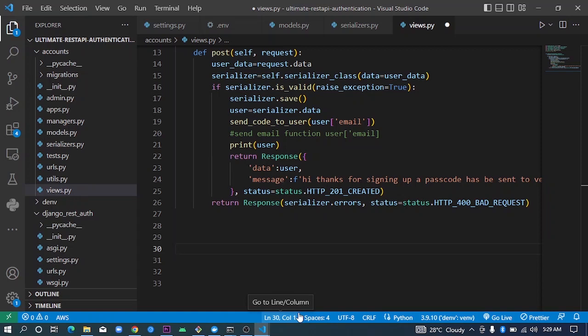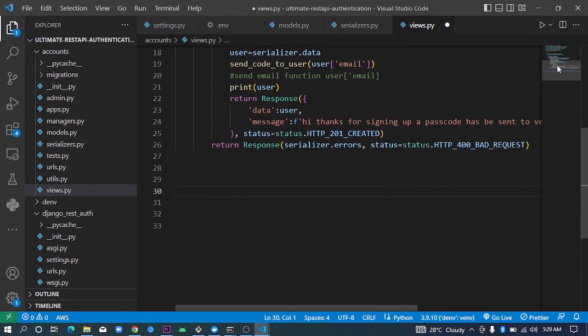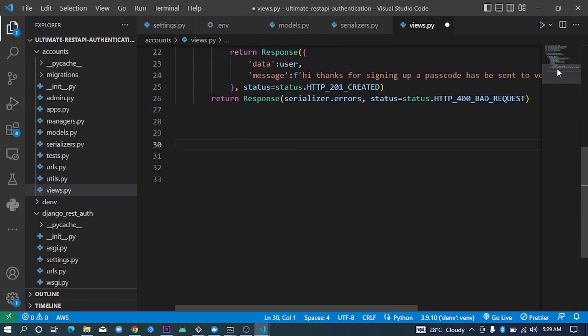And in this very video, we're going to be picking up right from where we stopped. In our last video, we were able to implement the sign-up endpoint where users were able to register and also send a verification code to the user, which is our OTP code, through email. Alright, so in this video, we're going to create an endpoint to verify a user email with that code. And also, we're going to create the endpoint to actually log the user in and generate a JSON Web Token